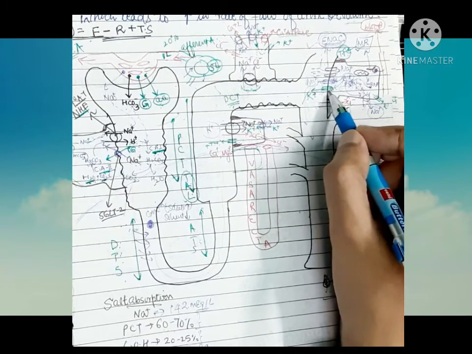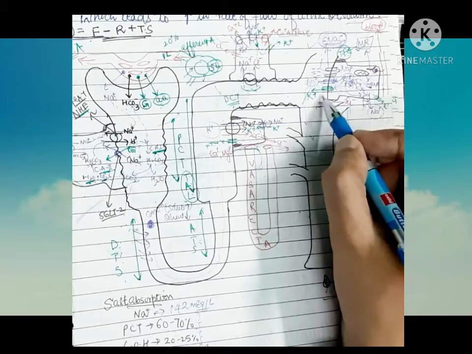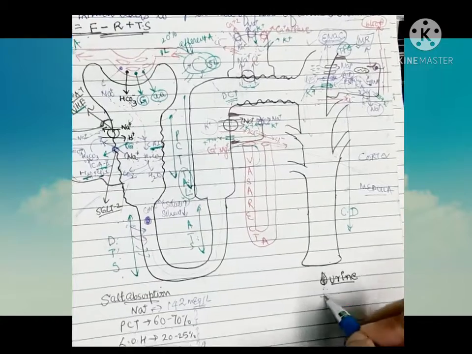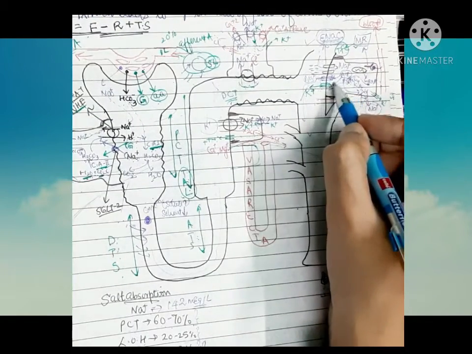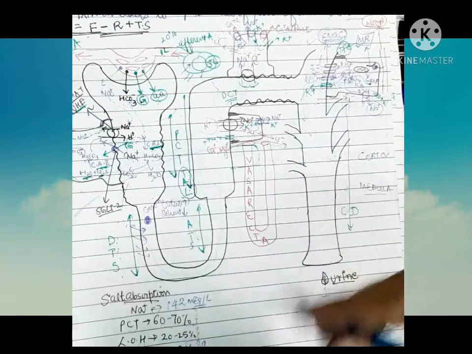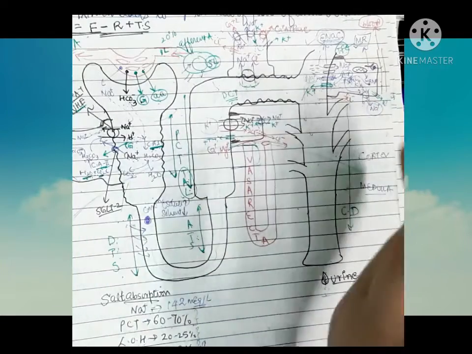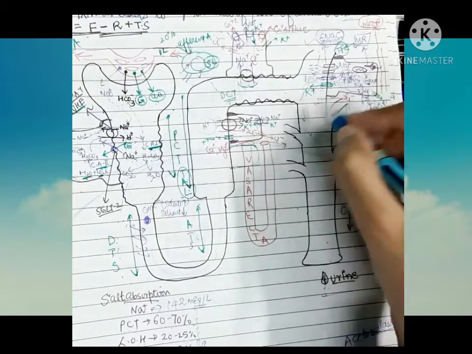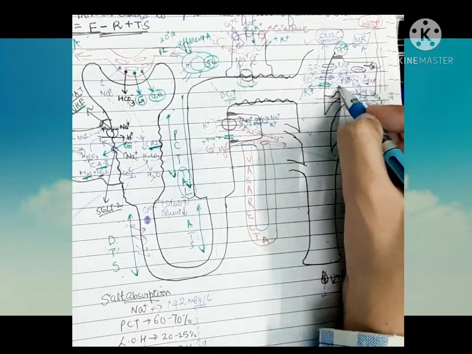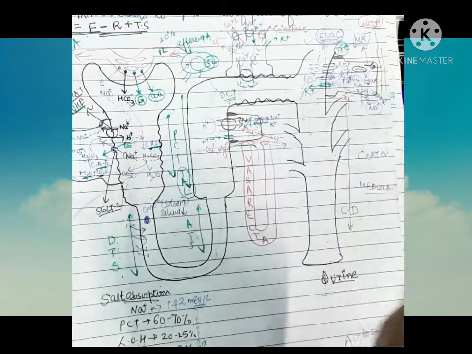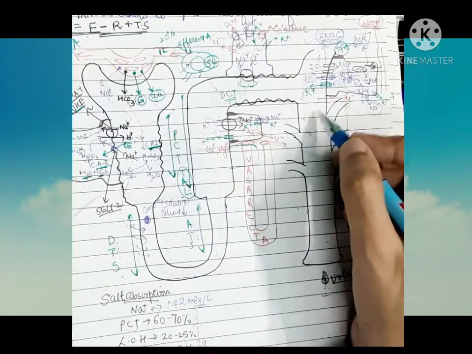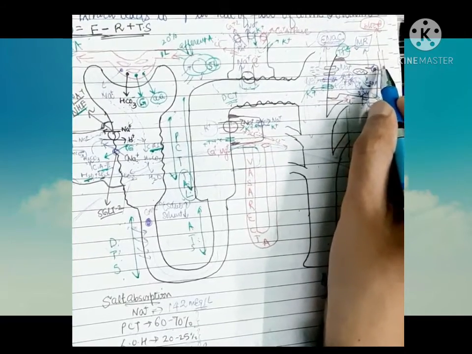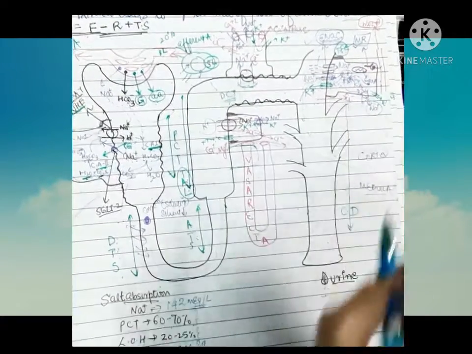Then when there is less potassium secretion, there will be less loss of potassium into the urine. Less potassium excretion into the urine means there will be less loss and more saving of the potassium, which means potassium sparing. The potassium will be left from excretion. Therefore, the potassium sparing diuretics will not lead to hypokalemia.